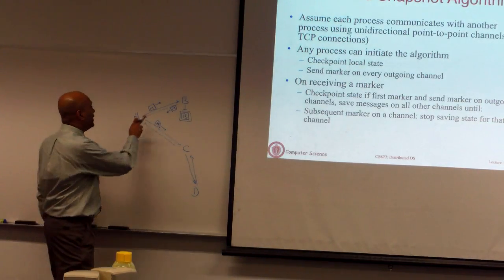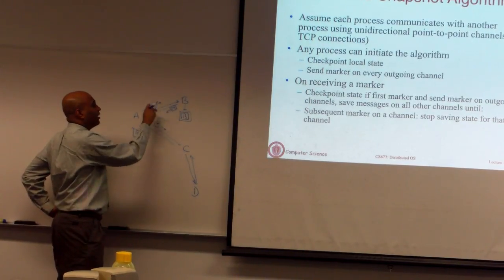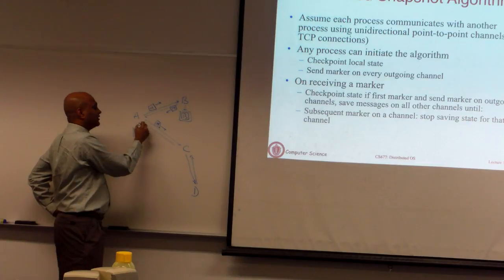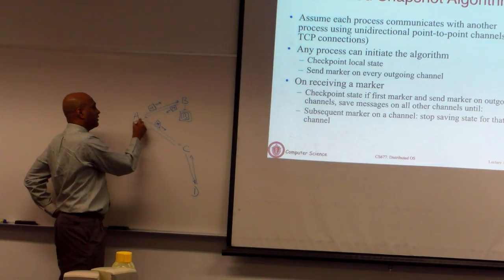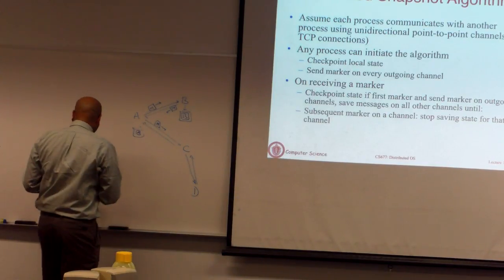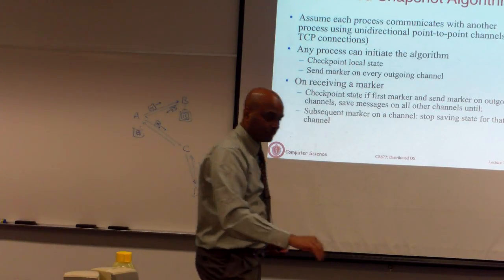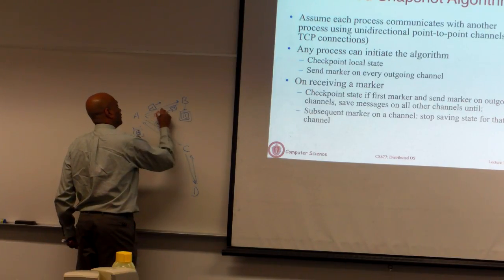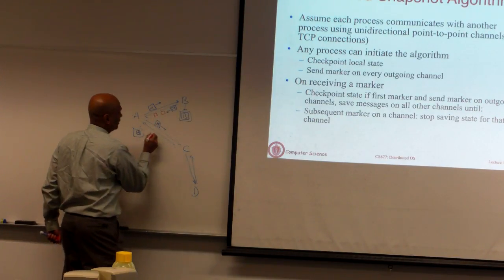Okay. So when A sent out a marker message on to B and C, it was also on the incoming channels, it is now taking all of the messages that are coming in the socket and storing a copy of them. Okay. So let's say I'm going to use a different color. So we are going to call these red messages. Okay,